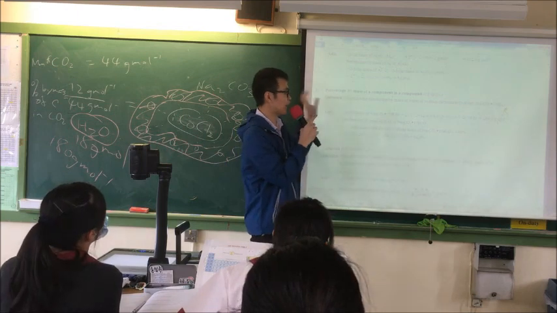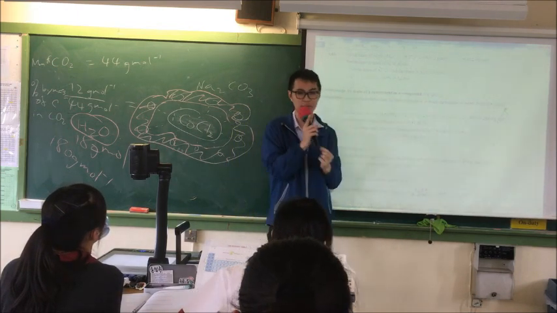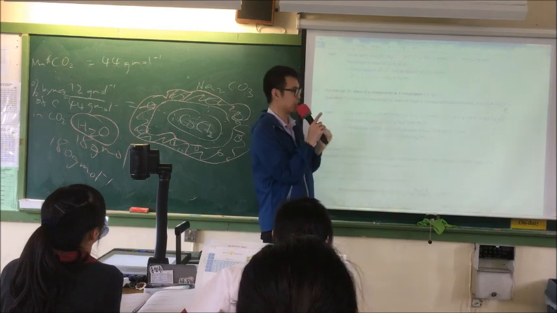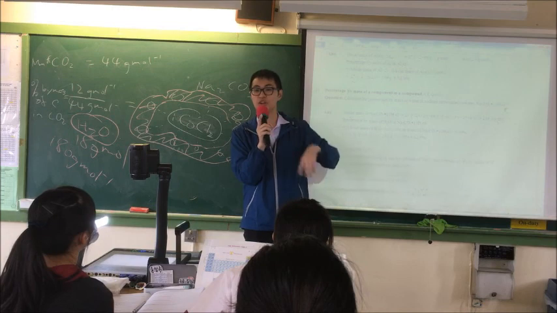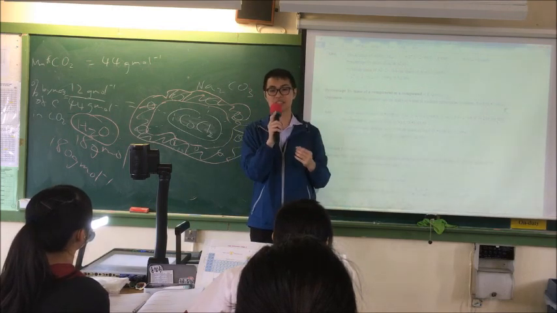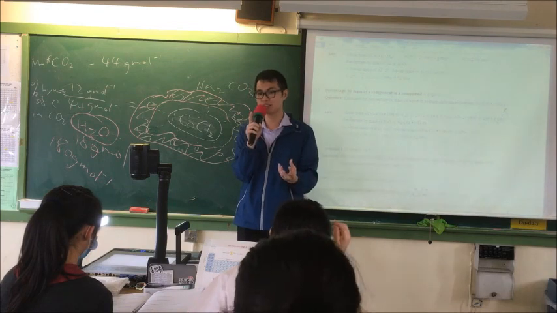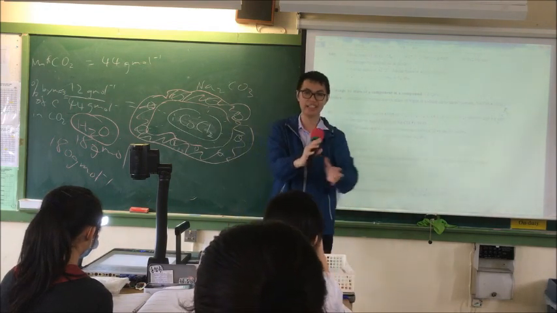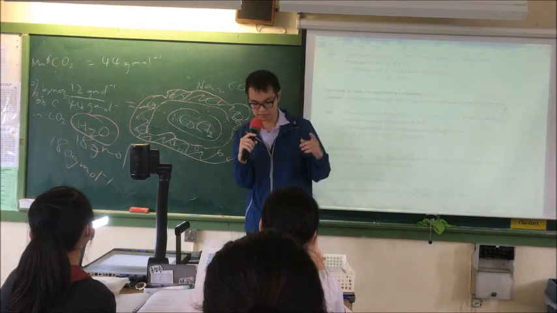Okay, so second part, percentage by mass of a component in a compound. We just need to calculate the molar mass of water and the molar mass of the whole compound, then calculate the percentage. Okay, so this section is about percentage of something in a compound. 得唔得？好，搞掂呢個就自己做後邊。